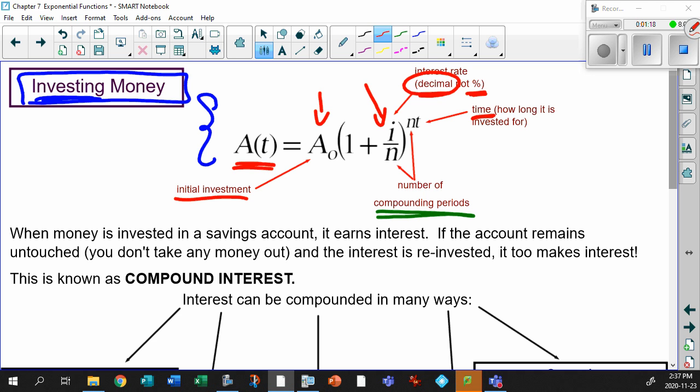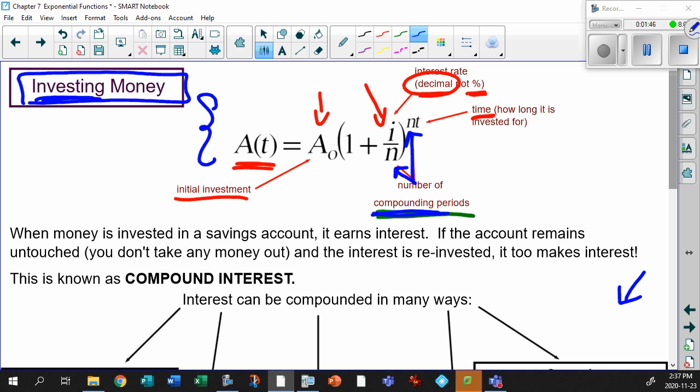Here's the thing, and here's a little bit of a tip for investments. The longer you put it in, the more money you make. Okay, so we'll talk about that again as we go along. So what is with this thing called the N? The N refers to the compounding periods. That's something that we're going to discuss a lot down here. Compounding periods is how your interest is accumulated.